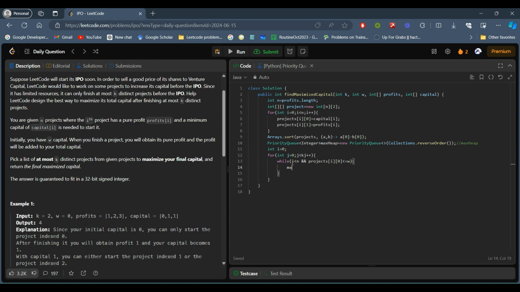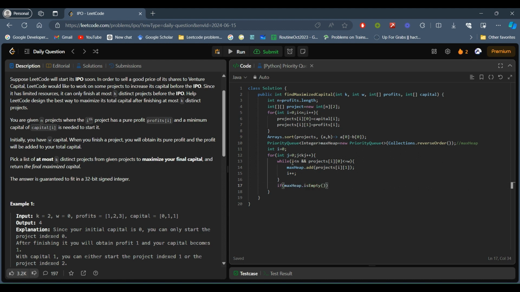If it is so, then we are going to feed the value inside the max heap, and here we feed the value of the profit inside the max heap, such that we can get the maximum profit out of the current values. And if the max heap is empty, then we are going to break.